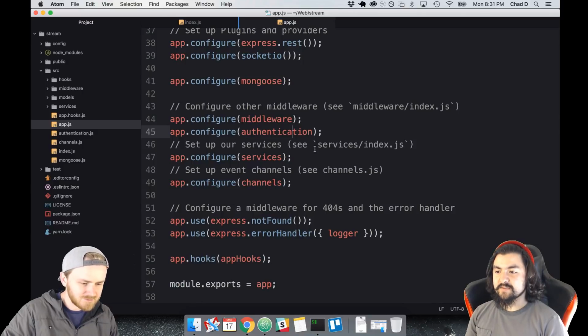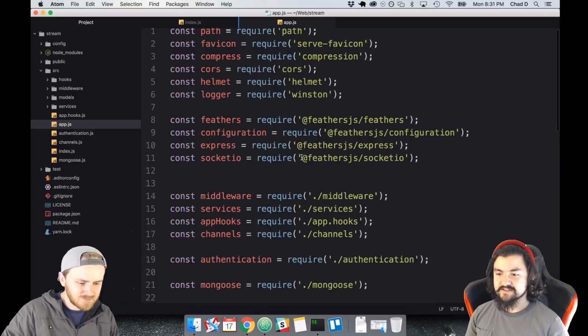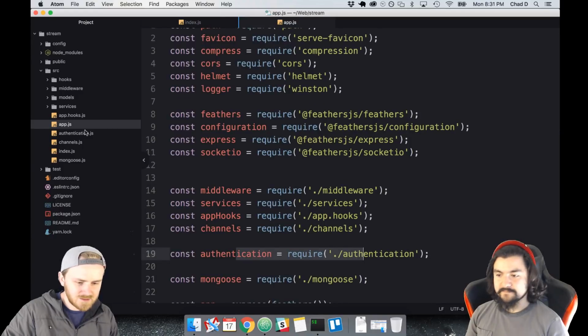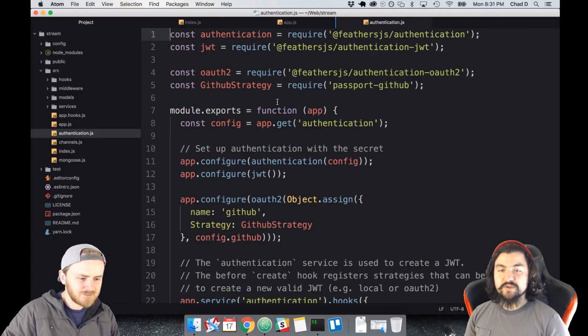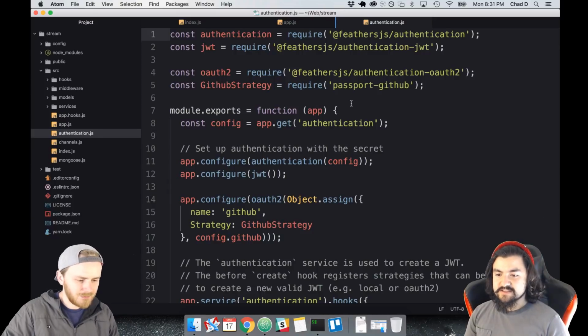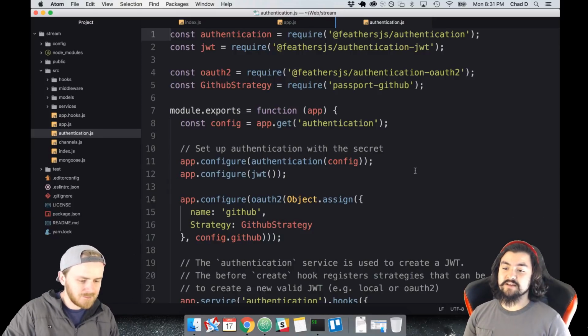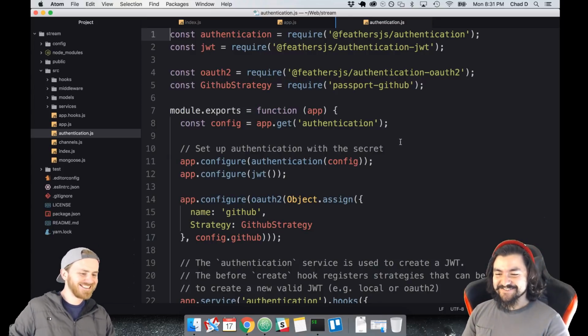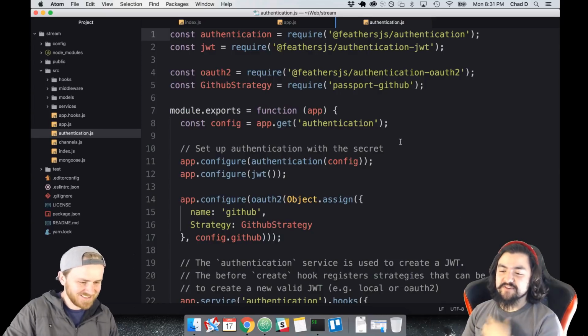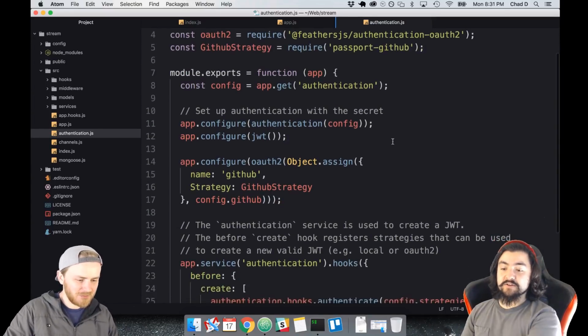Yeah, and I believe if you scroll up, that is brought in from the authentication file, which we can look at next. Right here? Yep. And so when we just did the generate authentication, it did this. By default, it uses JOTs, JWTs, JSON Web Tokens, three different ways to say it. Sweet. And by default, it has it set up for GitHub. And you'll notice it's using